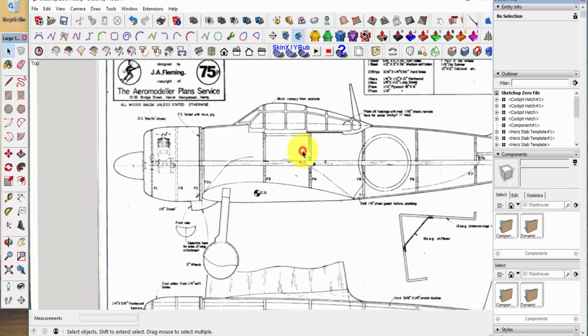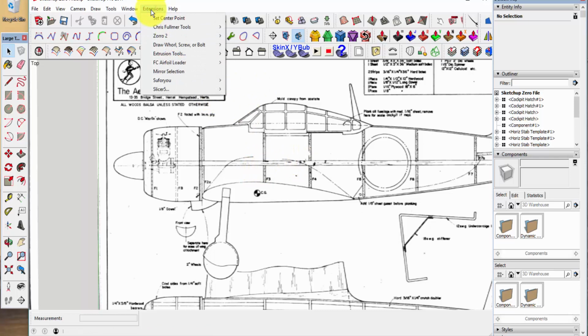One of the problems with SketchUp is that as the various versions come out, some of the plugins that work with earlier versions don't work with the later versions. And that's the case of one of my very favorite plugins. If we come up here to extensions, which used to be called plugins, we'll look down here and see a plugin called FC Airfoil Loader. And what that does